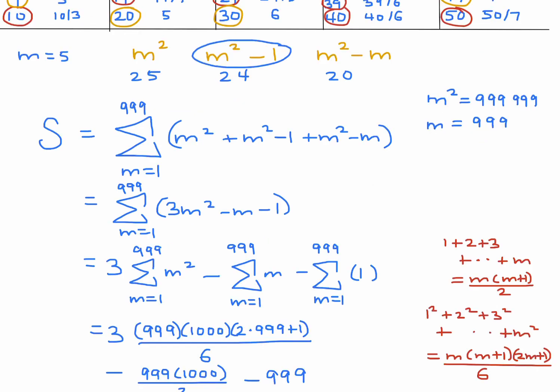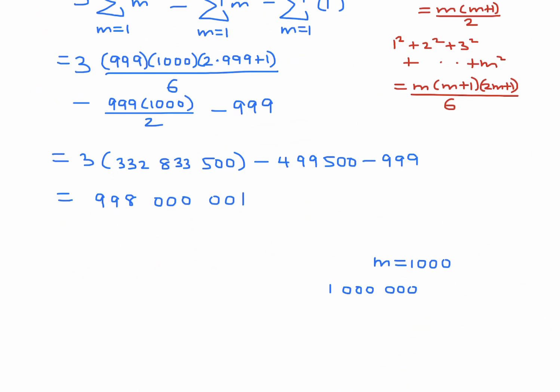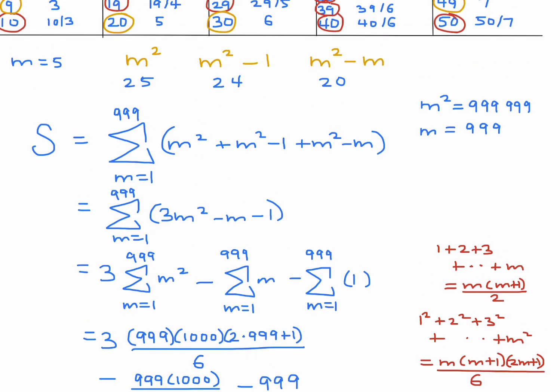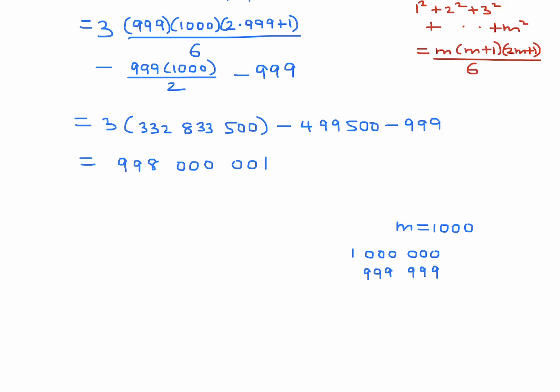This guy right here, the first one, m squared. The next one is m squared minus 1. Well, m squared minus 1 would be 999,999, like that. And then what about this guy? M squared minus m, when m is 1,000, it would be